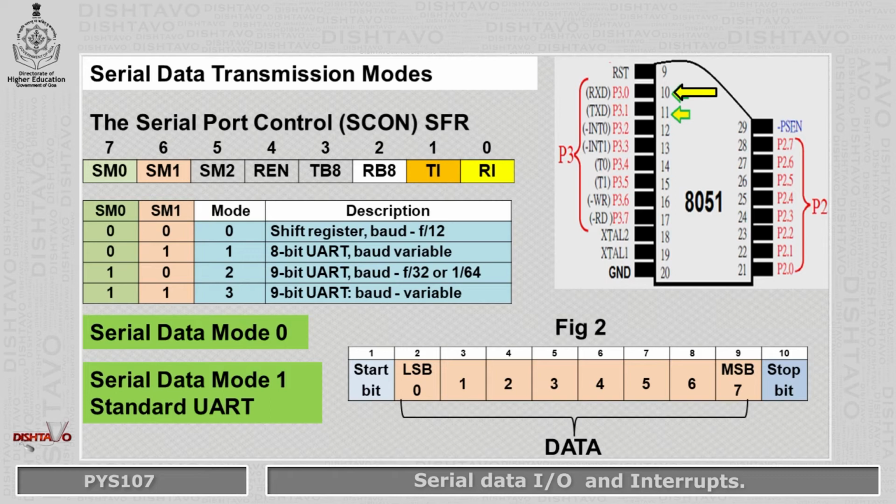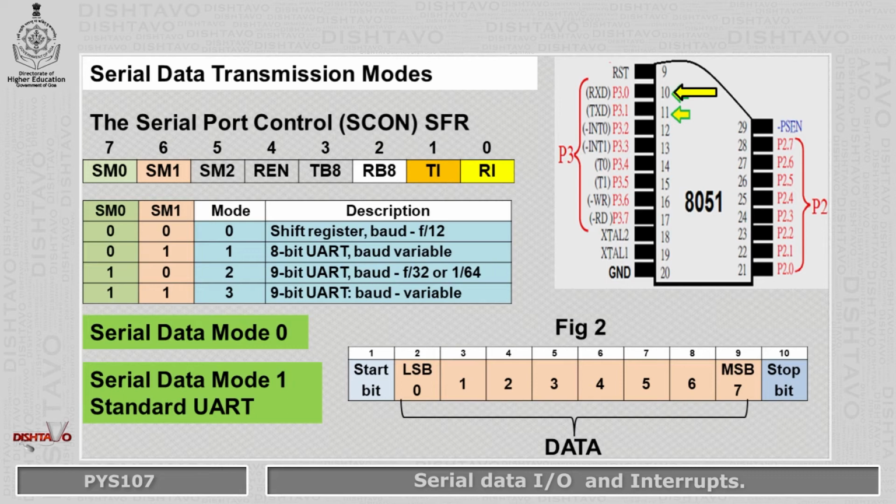Let's go to serial data mode 1. It's known as the standard UART mode. When the SM0 and SM1 bits are set to binary 01, the serial buffer register becomes a 10-bit full duplex receiver transmitter that may receive and transmit data at the same time.